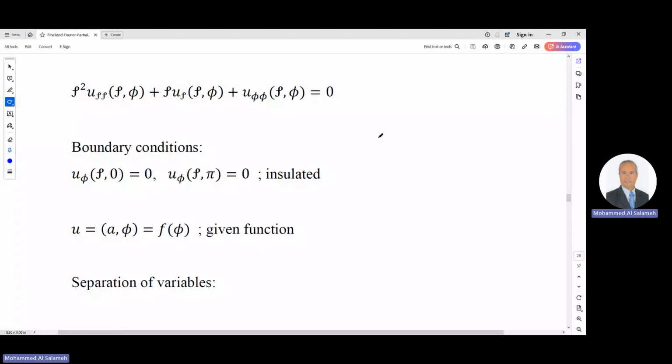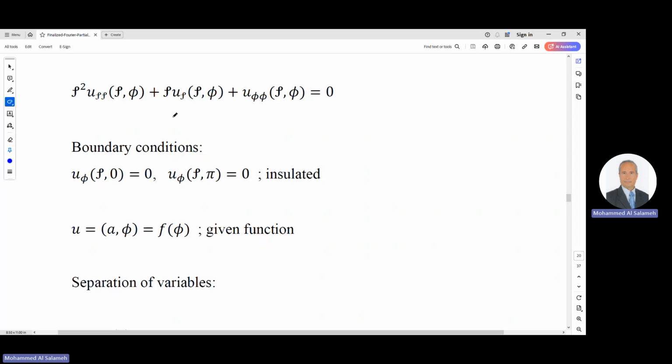In this video, I will explain the solution of partial differential equations using the method of separation of variables. Consider, for example, this partial differential equation in cylindrical coordinates. Rho, phi, and z are cylindrical coordinates. So the problem depends here on two variables only,